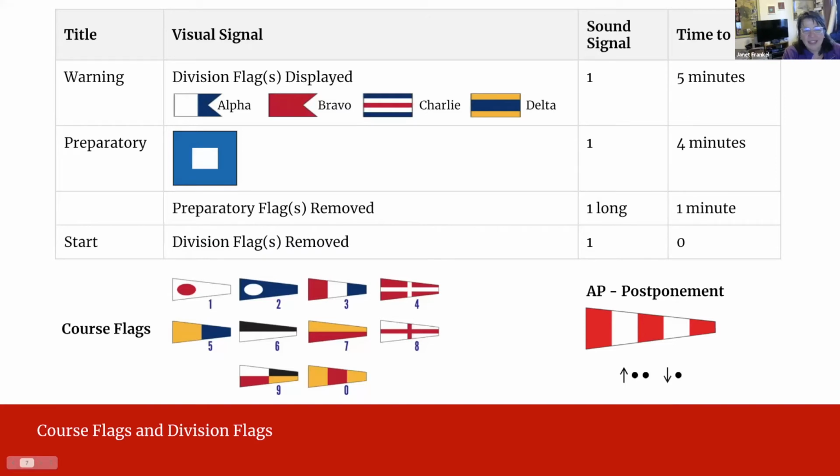This slide shows the ways that the race committee will communicate with the racers. There are three ways to communicate: flags, sounds, and radio. Hopefully by now, anybody who's racing has already downloaded the Sadie Hawkins Sailing Instructions. You can get them on JibeSet. Just go to JibeSet and look for Island Yacht Club's race. If you didn't register your boat and someone else did it for you, you can still see it up there, and you can get the sailing instructions and download them. It's really essential that you have the sailing instructions on board the boat, because if you go to the next slide,